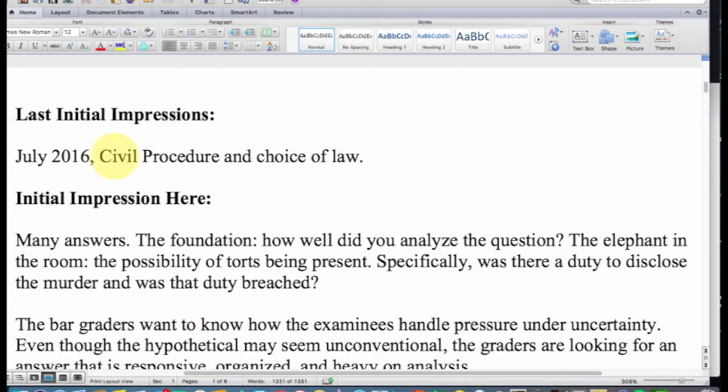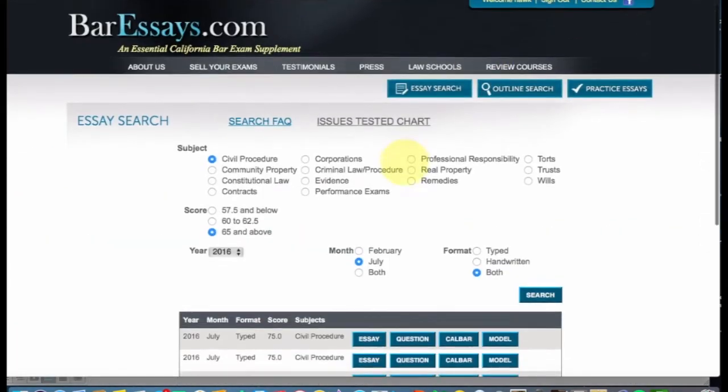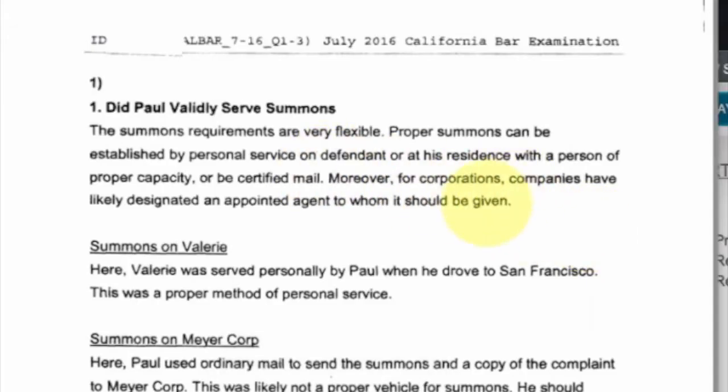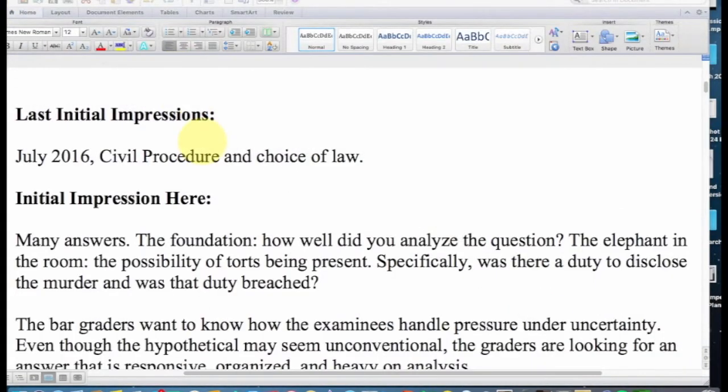Now, before looking at the actual exam, at the hypothetical, I said, hey, look, it doesn't matter if you said that you must apply California law or that you must apply FRCP, or even if you did not mention any law. I said that, and it was correct. If we look at bar essays, for example, some of the responses that did not even include a choice of law received some of the highest scores. For example, let's look at this one here. Look at that. This examiner did not mention California law or FRCP, but that's in the past. Let's now focus on February